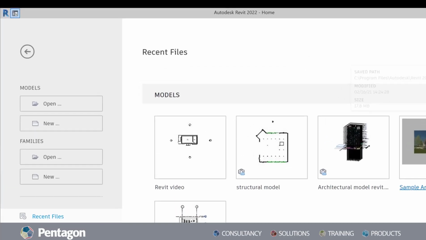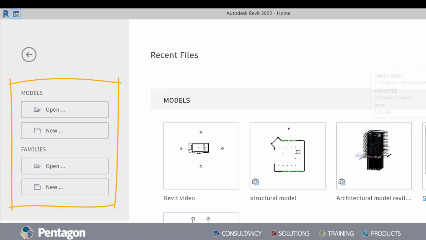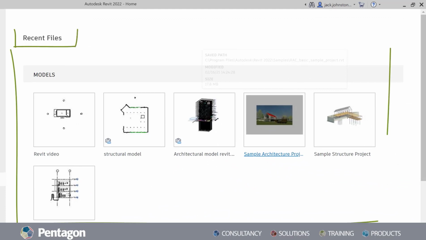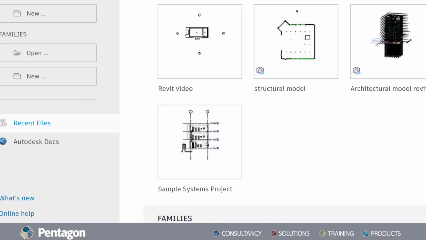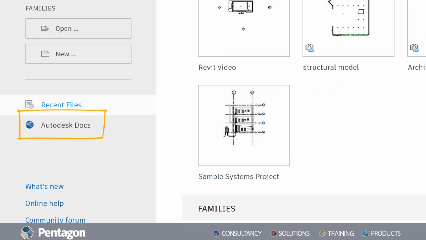The Revit home window is very intuitive. We can quickly go in and open existing Revit files and also create new Revit projects very quickly. Again, the same process applies for Revit families, which we can use in our projects. Recent models can be seen and accessed quickly through the Revit files display on the Revit home window. Selecting the Autodesk Docs icon will allow you to browse cloud-based models anywhere as long as you have a good Wi-Fi connection.